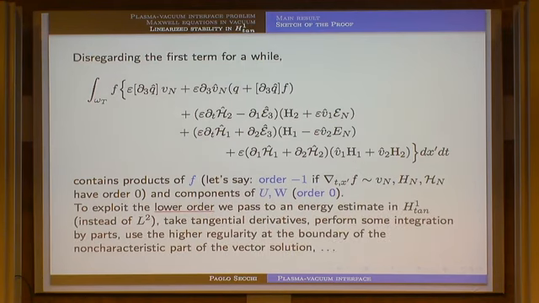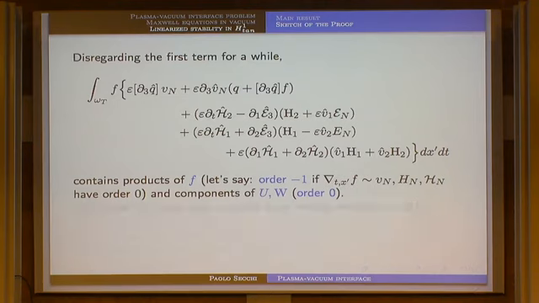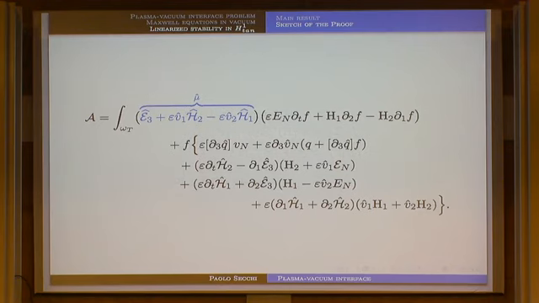So we exploit this considering, instead of an L2 estimate directly, an estimate in H1 time, taking tangential derivatives, substitutions, integration by parts, a lot of calculation. Okay. In the end, we can use this fact. So I go back to the first term, which is a term where we have products of components of the vectors times derivatives of f. So order 0 times order 0 in that sense. So this is more singular, more difficult.